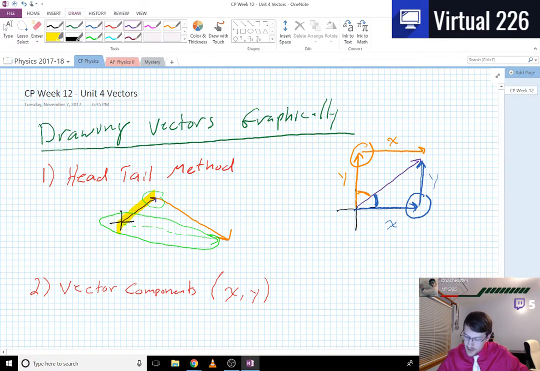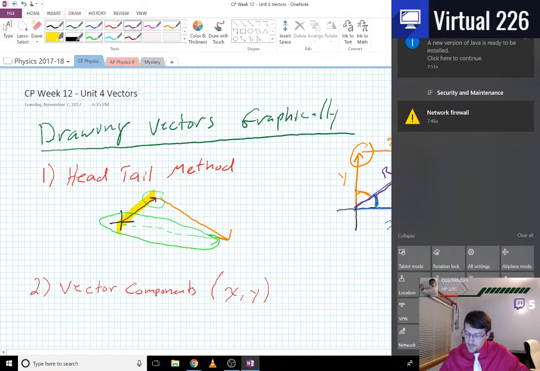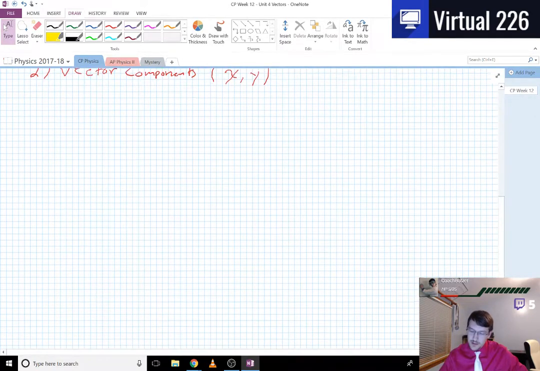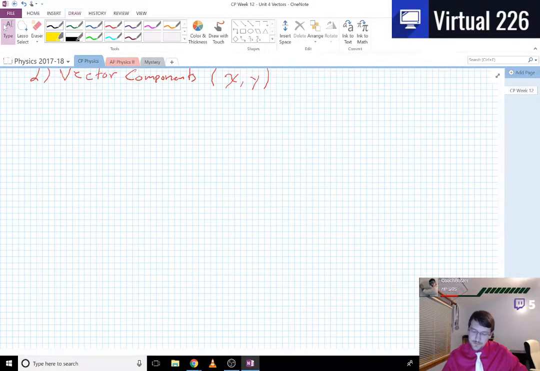And the purple vector here doesn't need to be head-tail. This is actually the resultant vector R. So what we actually have is x plus y, there's the head-tail method, equals the resultant. Right here it looks weird because it's kind of like head, head, head. But the resultant isn't being added to anything, so you don't need to worry about the head-tail method for that. It's x plus y, head-tail method, equals that other thing. Okay? So one of the problems in the homework set, this